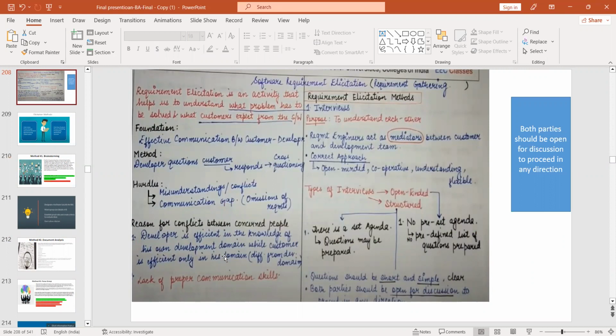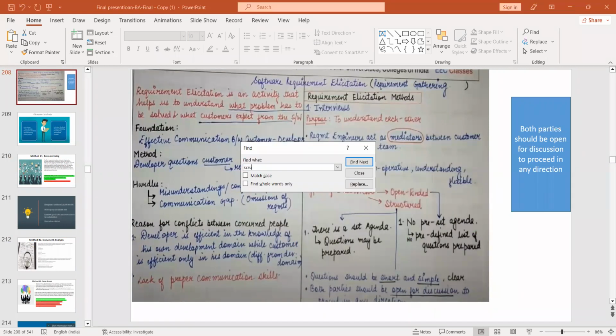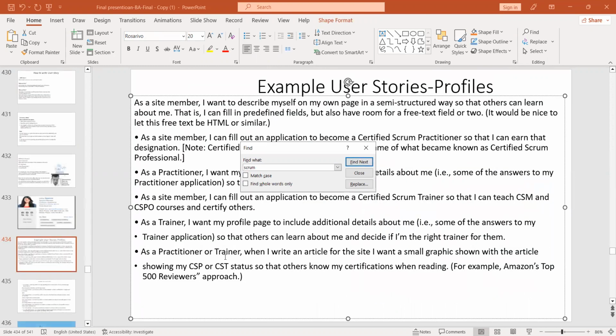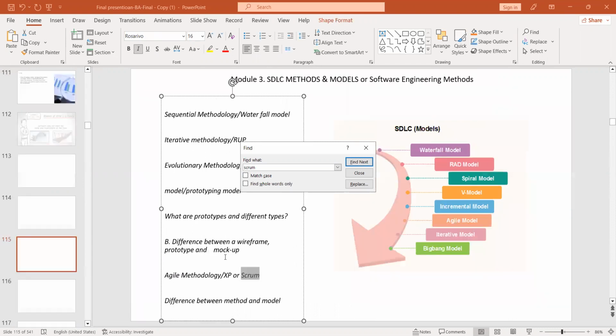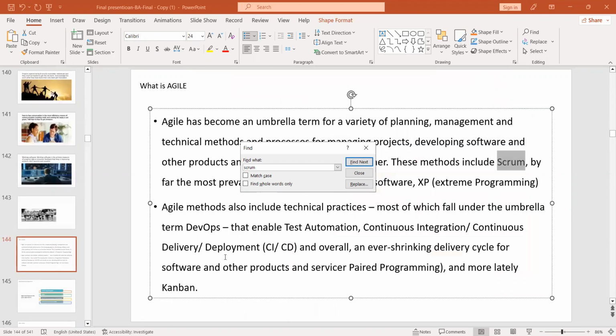See, whatever we have here is Scrum. Azure only Scrum, not Scrum Master. Agile, yep. Certified Scrum practitioner. In module 3, we are discussing the Agile methodology and Scrum.